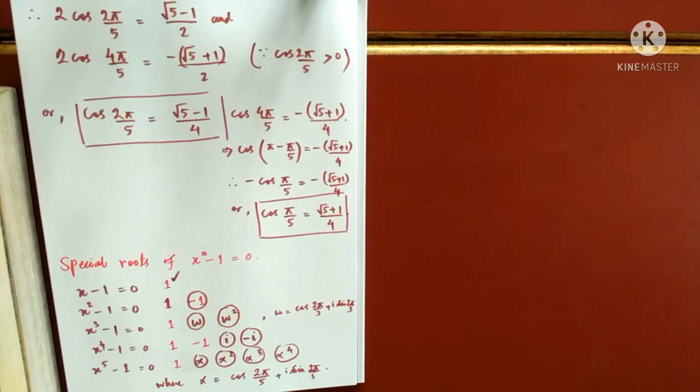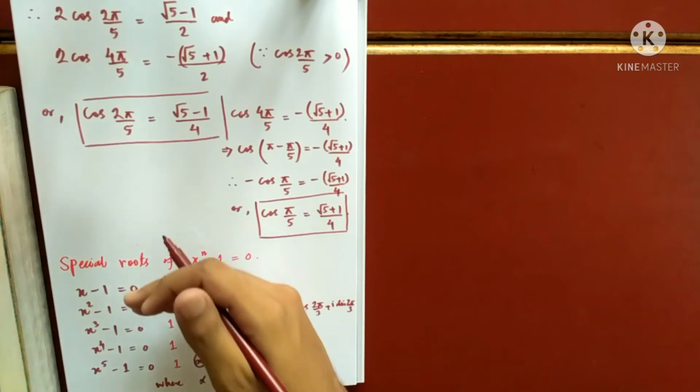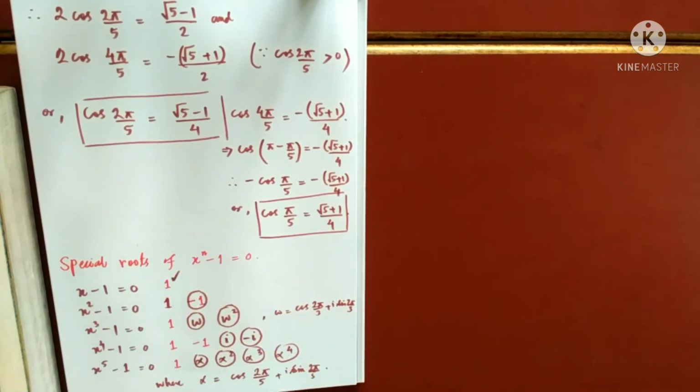Okay. So I'll write down the definition, but one more thing. If I keep on going this way, if the power keeps on increasing, then it will be really very difficult to determine the special root. Suppose I have x to the power 12 minus 1. Now if you go with this process, it will really be a hectic job. Okay, so we have some theorems that will answer our question, what are special roots and so on.